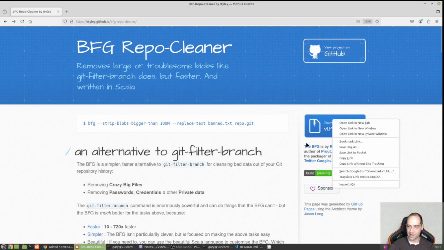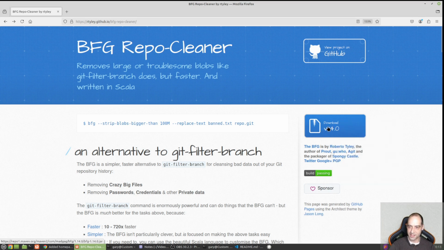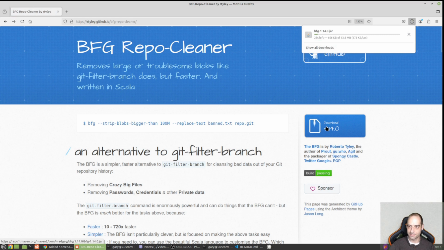You could copy that link in wget. I'm just going to click and download the darn thing. And that should just take a few seconds here. And while that's going, there are some, I don't know, clever ways you can keep your existing repository, things like that,